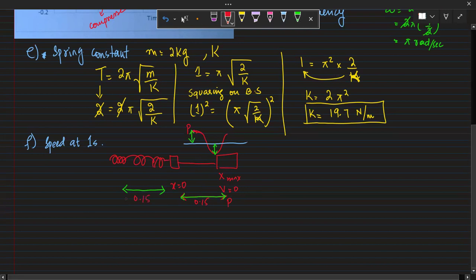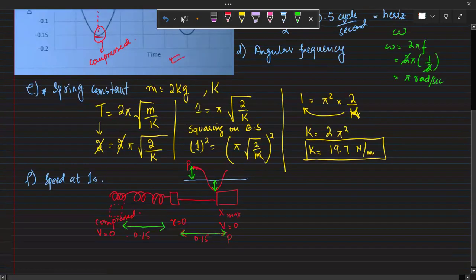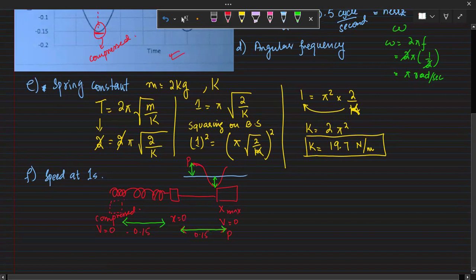Okay, right? So at this point, when the object reaches here, it is completely compressed, where it will have the speed 0, right? So the speed at 1 second, since at 1 second in the graph we can see the spring gets completely compressed. And if we make a model of the spring, we have this where the spring is